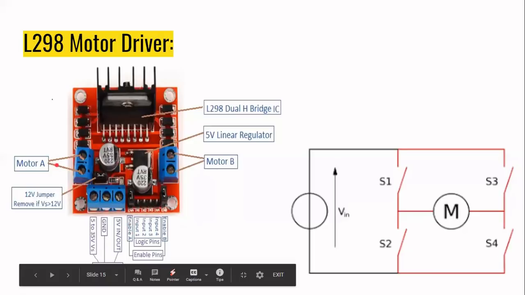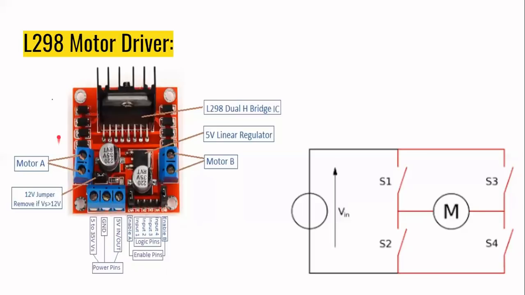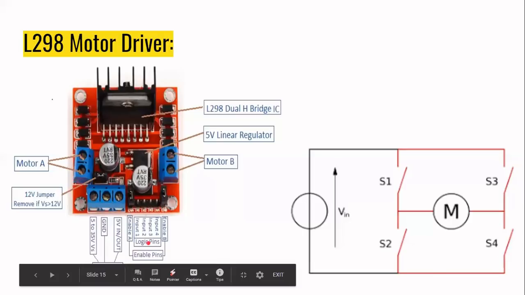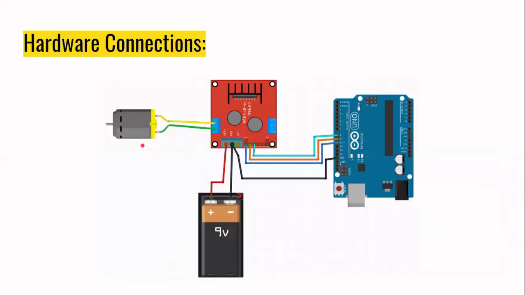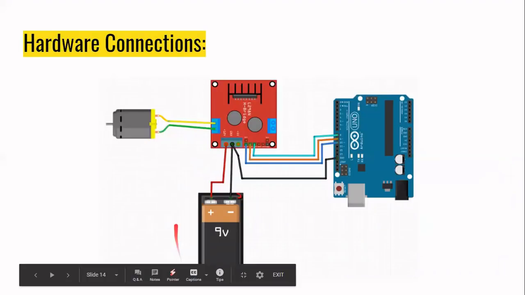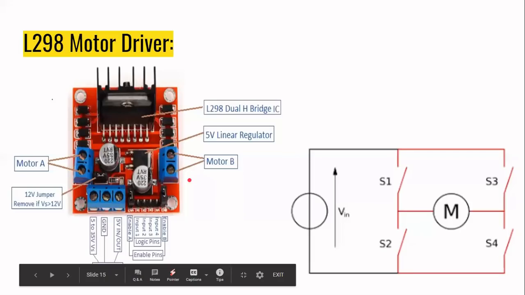So as we are only using one motor, we will connect it on channel A, and we will use only these three control pins, enable A, input 1 and input 2, to control the speed of the motor. Okay. In the previous circuit which I have shown you, here we have connected a 9-volt battery. Okay, so it is connected in this pin. 5 to 30 volts can be connected through this pin, so we have connected a 9-volt battery through this pin.